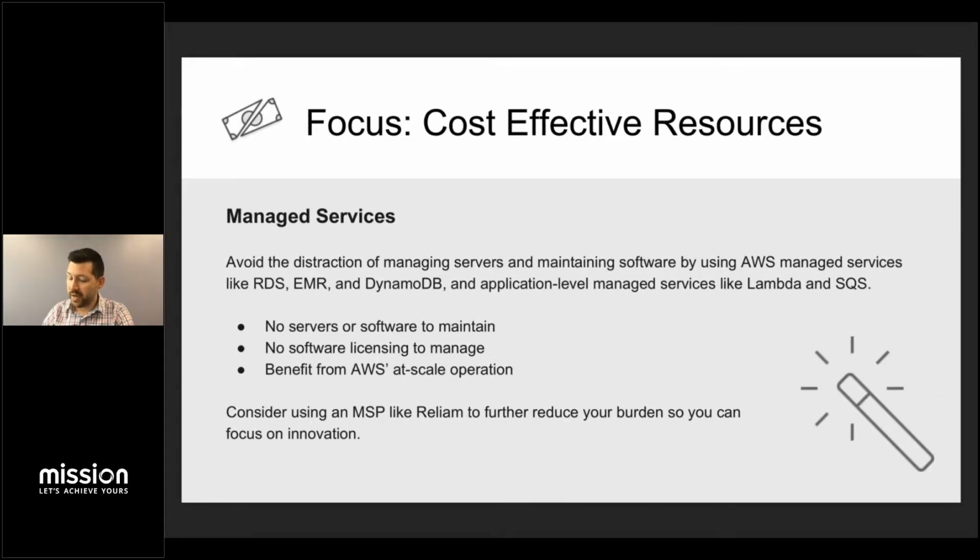So the next area is managed services. So we talked about this as a design principle, and now we're really talking about this resource selection, right? So instead of spinning up an EC2 instance, installing MySQL on it, spinning up a second one, installing a MySQL slave on that, and then setting up that master slave and managing it, that's a lot of work. You could adopt RDS, right? Saving you a lot of management overhead, EMR, DynamoDB. There's a lot of application level services that AWS has really been working on over the last maybe 5 or 6 years, things like Lambda and SQS, Athena,